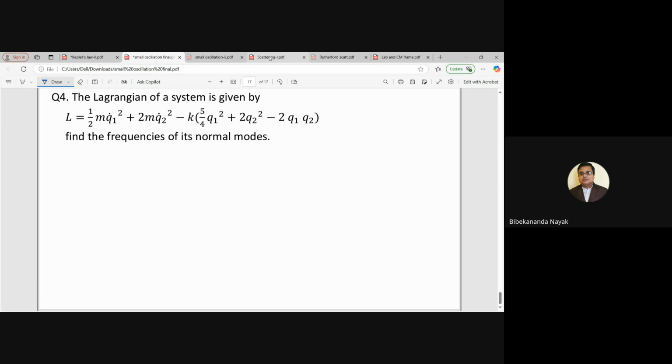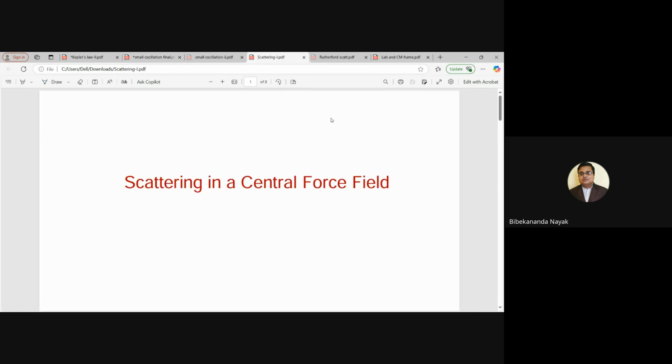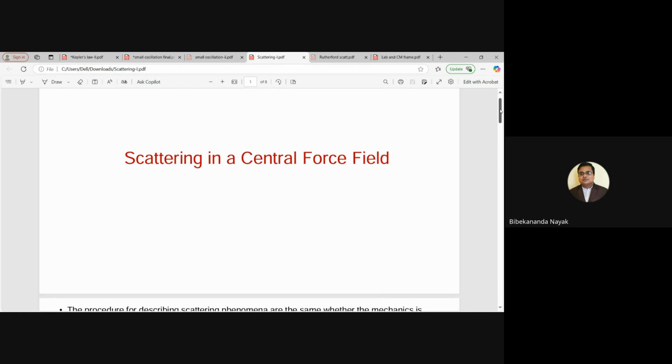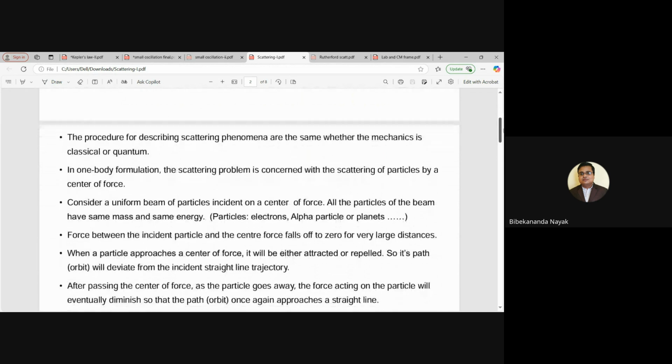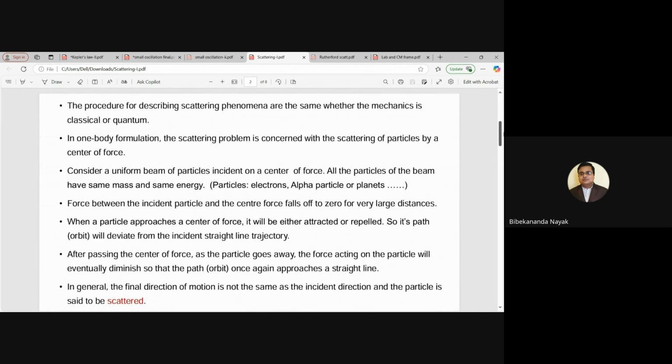Another thing, I think, is Rutherford scattering. Scattering in a central force field. Scattering process. Scattering you can find in both classical and quantum mechanics, but the procedure is the same. The problem of scattering: a uniform beam of particles incident on a target. Here in the central force problem, we consider a uniform beam of particles incident on a central